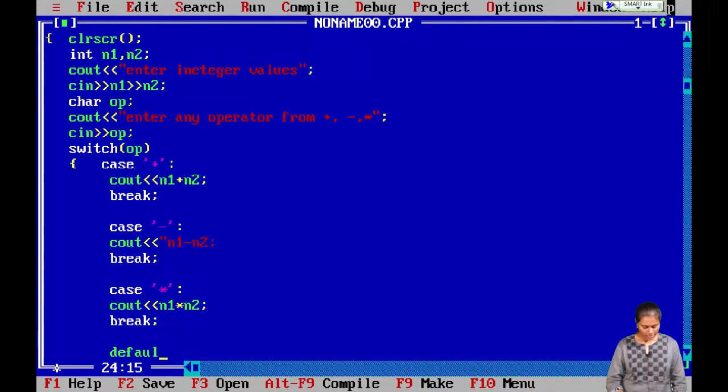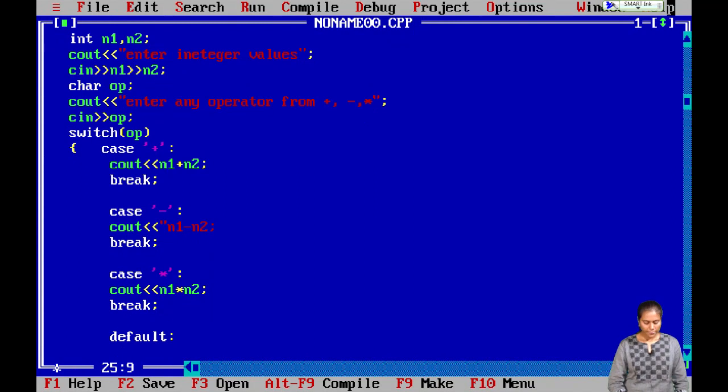The last case is the default case. This is the default case of the switch statement, and here we can write the statement that we wish to appear on the screen if all the cases go wrong. So here I want to write "operator entered is not correct".